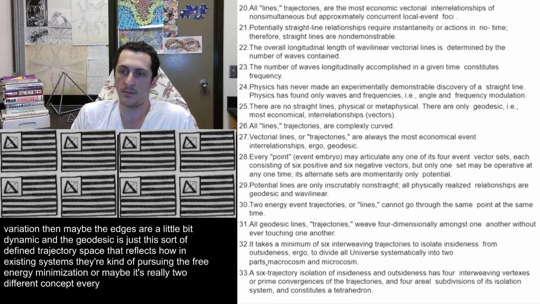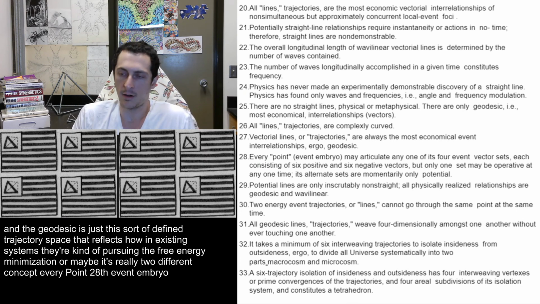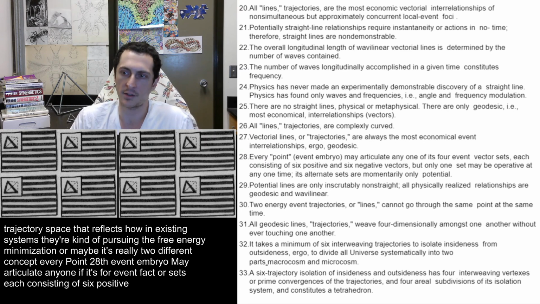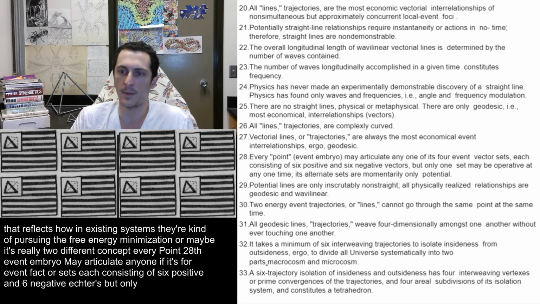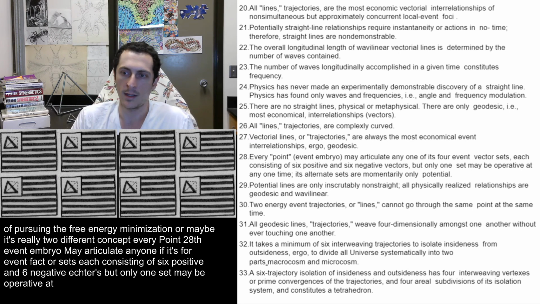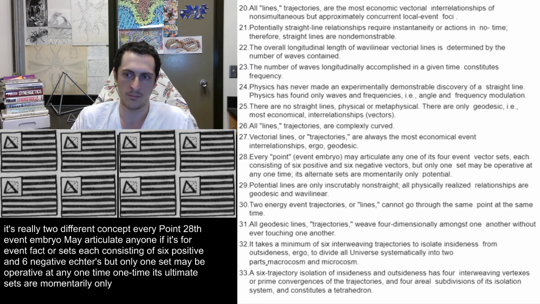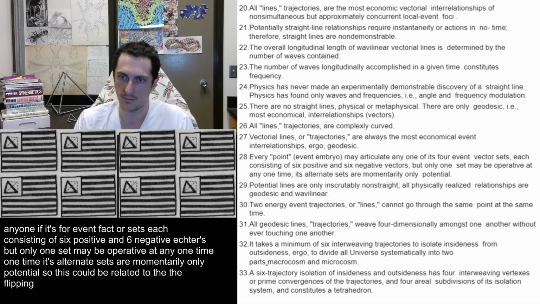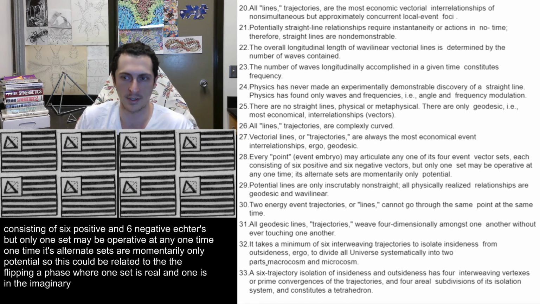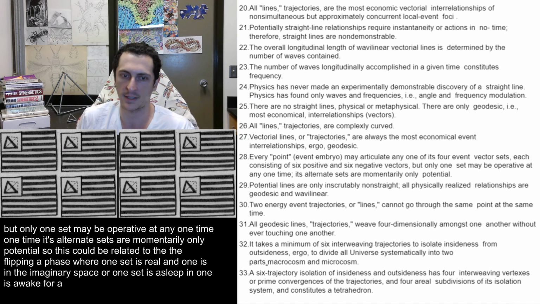28. Every point, event embryo, may articulate any one of its 4 event vector sets, each consisting of 6 positive and 6 negative vectors, but only one set may be operative at any one time. Its alternate sets are momentarily only potential. So this could be related to the flipping of phase, where one set is real and one is in the imaginary space, or one set is asleep and one is awake, sort of biphasic systems